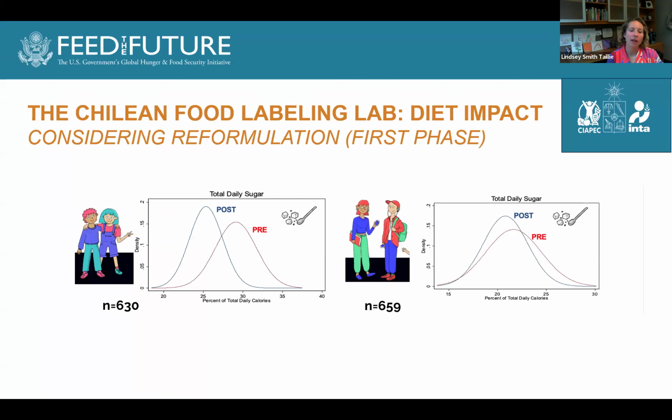Okay, and so when we looked at changes in children's diets, we also saw that there was a reduction in the sugar that kids were actually consuming. So this is really important to look at, because this law was primarily focused on packaged food products, but we know that kids are getting more than just packaged food. They're also getting sugar in the form of foods that their parents are preparing or sugar added to drinks at home. And what we saw here is that there was this downward shift in total daily sugar consumption, and in particular for younger children. So those are the children on the left. And here we can see that there really was this reduction in sugar that happened after these policies were implemented.